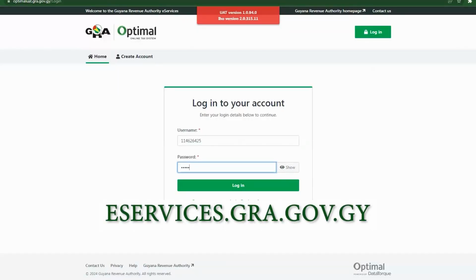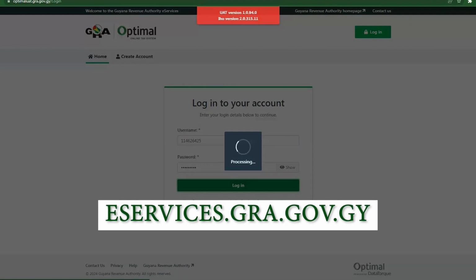And now the final stage in the process, that is how to submit the return online. But before doing so, you must obviously have an eServices account. Now you can find out how to register for eServices by visiting our YouTube channel and checking out our Signing Up for eServices video demo. Let's now tell you, providing that you have an eServices account, how to submit the return. Go to the eServices site,